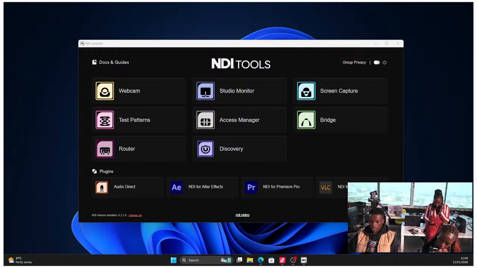Today we're going to look at NDI tools. Today we're going to look at